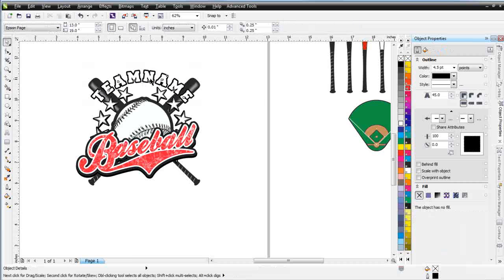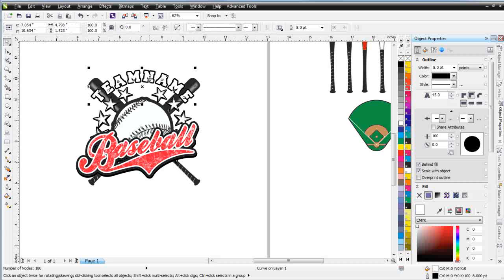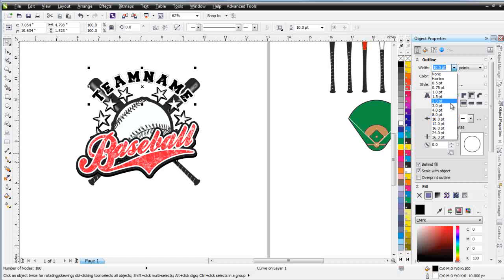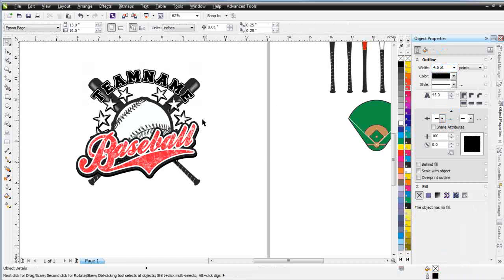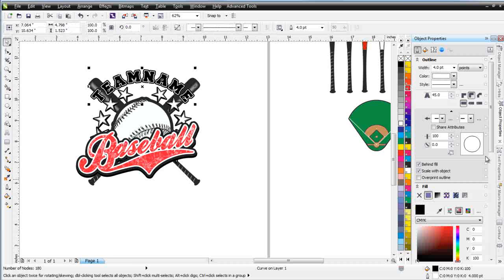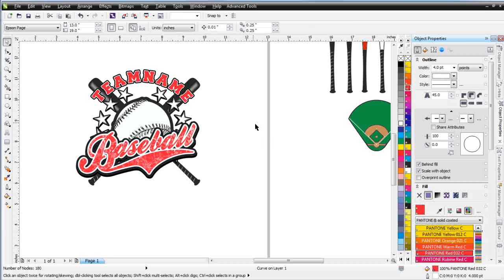So I've got a team name set up, and I'm looking at that and I'm thinking, well, I want to bring that out. It's kind of filled with white and it doesn't really have a lot going on with it. So the way I'll do that is I'm going to change my outline to, let's say, 10 points. Copy that, paste that, fill that with a black, change my outline, right click to white, and then I'm going to go ahead and give that, say, a 4-point white outline. And then I could actually go ahead and fill this also with a red, just to bring it out more